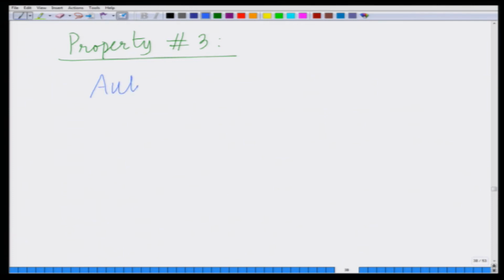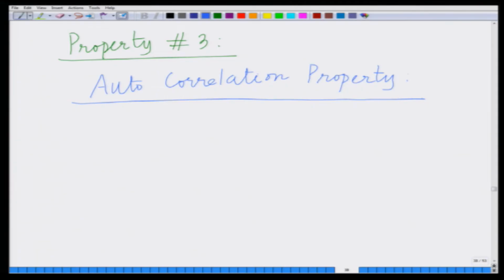This is known as the autocorrelation property of the PN sequence,